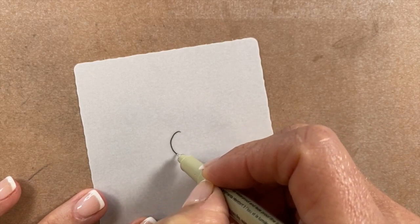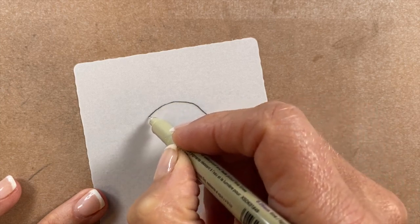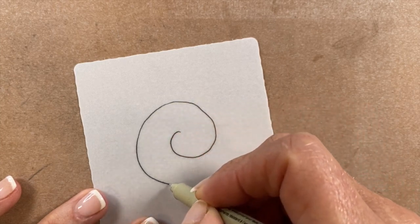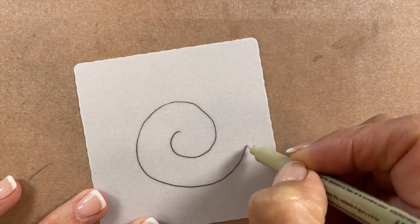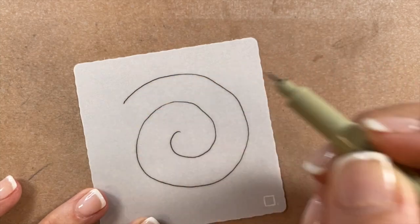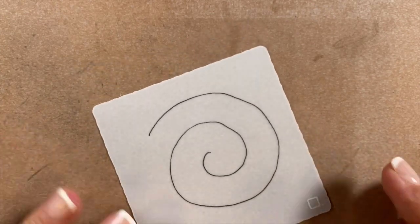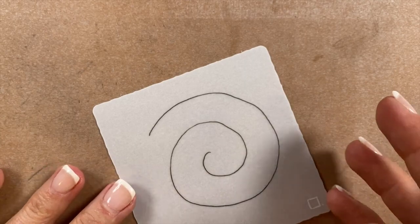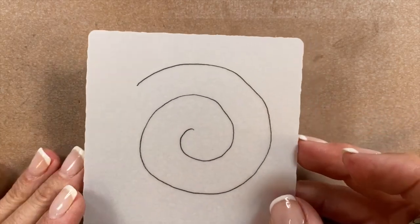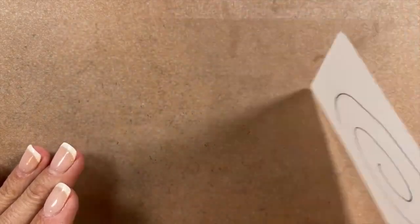Just starting towards the middle and creating this beautiful, pretty large spiral shape. Nice and open. Yeah, nice and open. That's beautiful. And one thing that's really unique about this tangling experience is we're going to be working on both sides